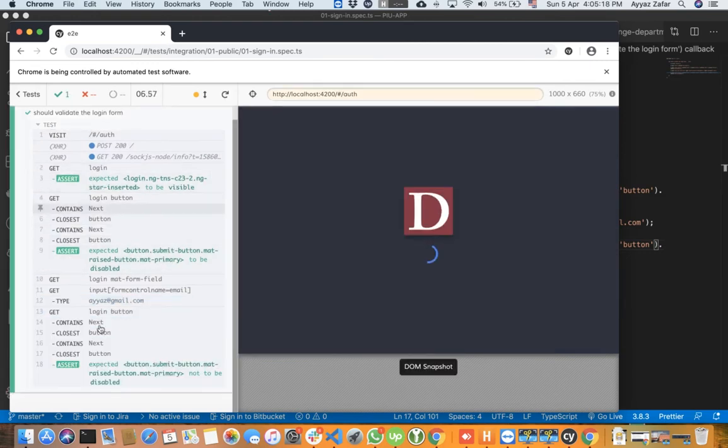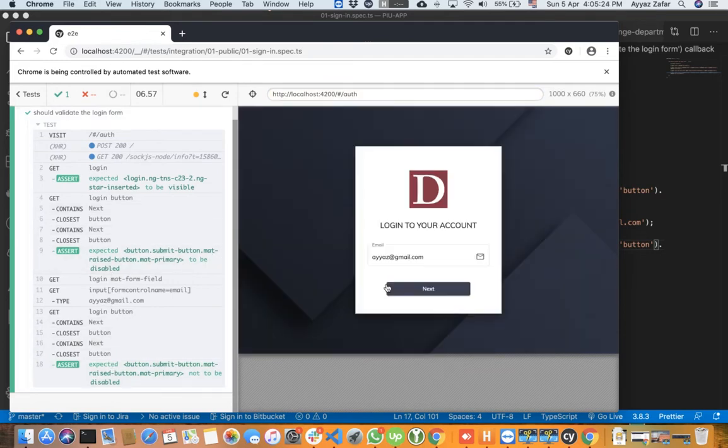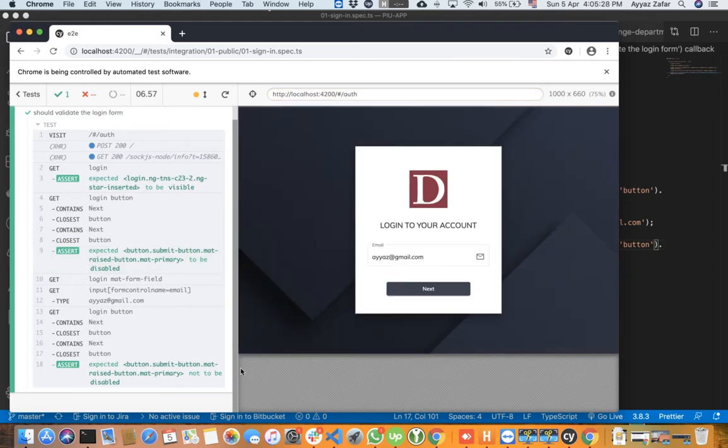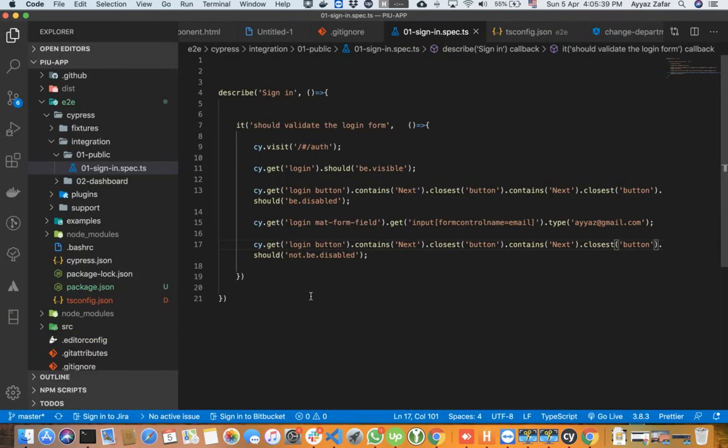You can see that it has passed successfully without any error. So you can see it has typed the email as well. So next thing that I would like to improve in this, you can see that